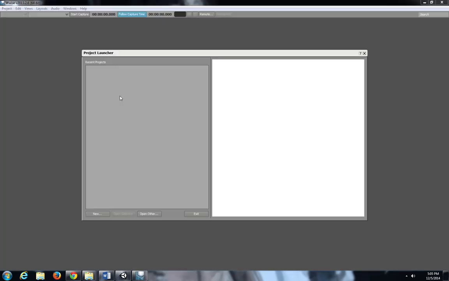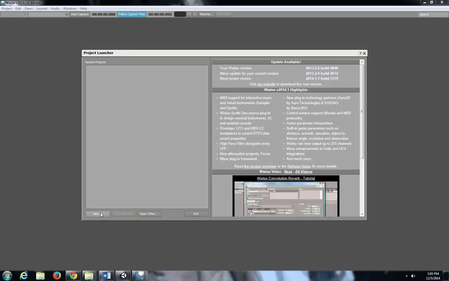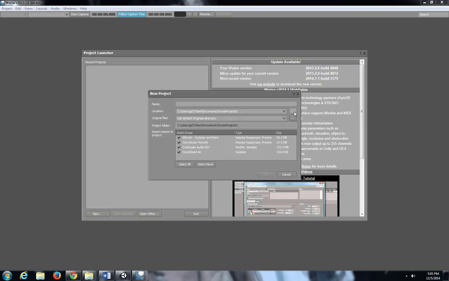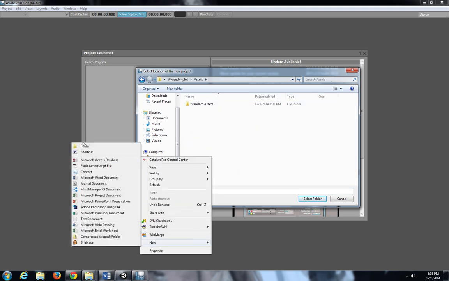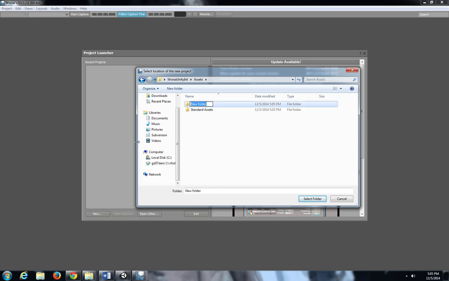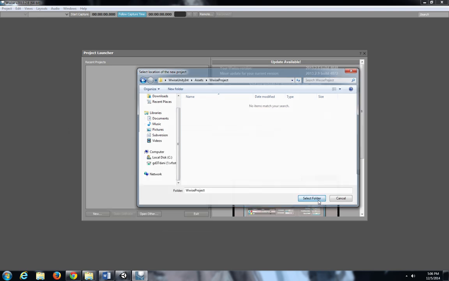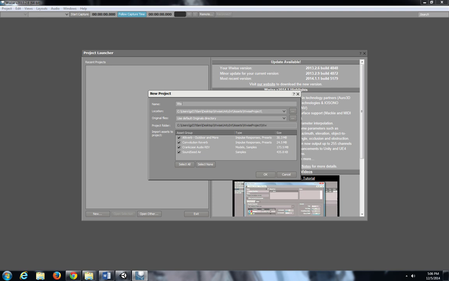I noticed that it is a good practice to create the Wwise project inside your Unity project. So we'll go to Unity int inside assets. If there's a team of people working on a project, you don't need to worry about updating everybody's Wwise project and keeping everybody up to date. So we'll create a folder, call it Wwise project, and inside that folder we'll select that folder and we name this project Wwise Unity int